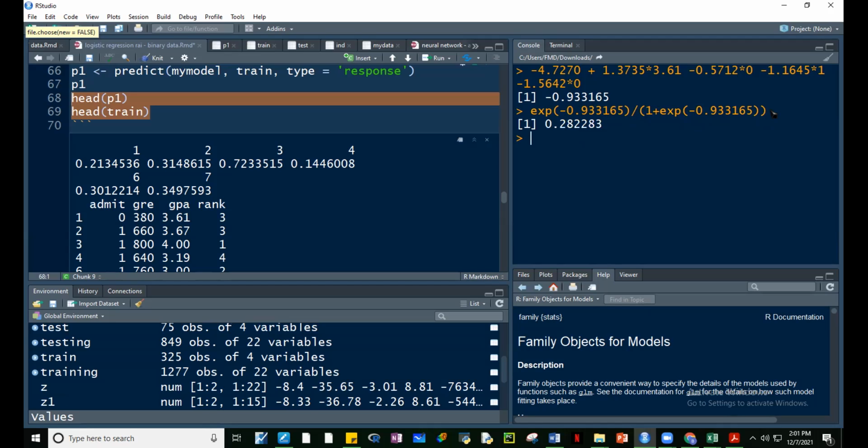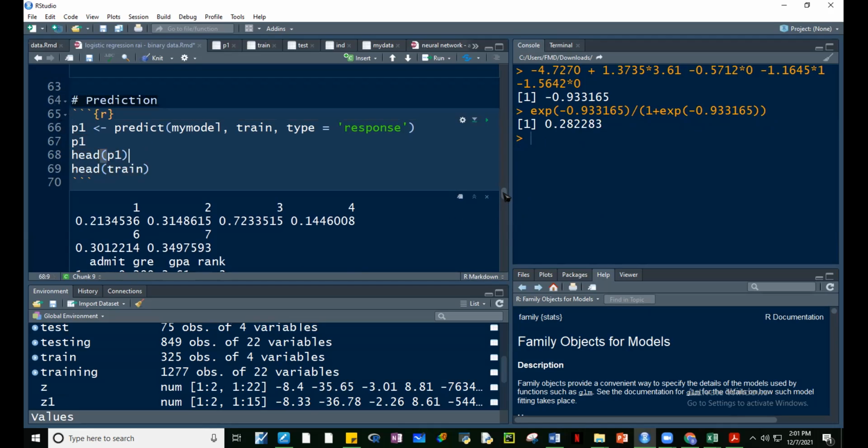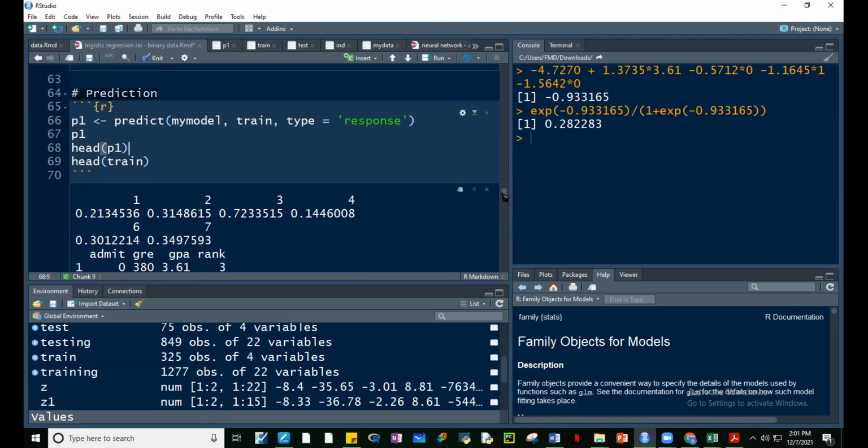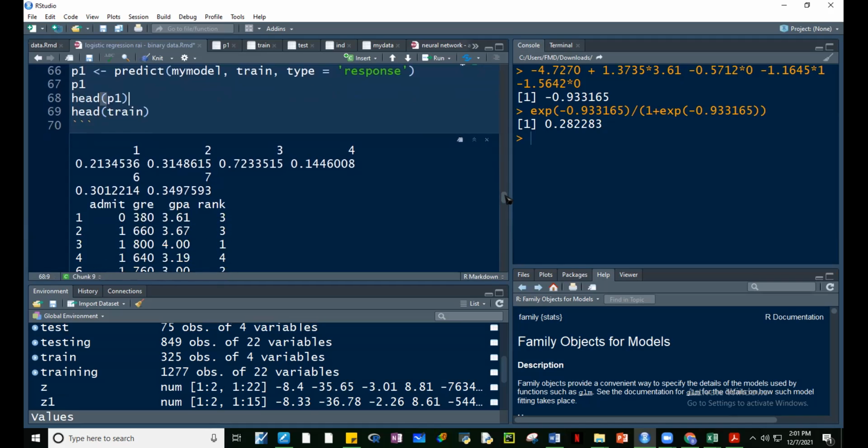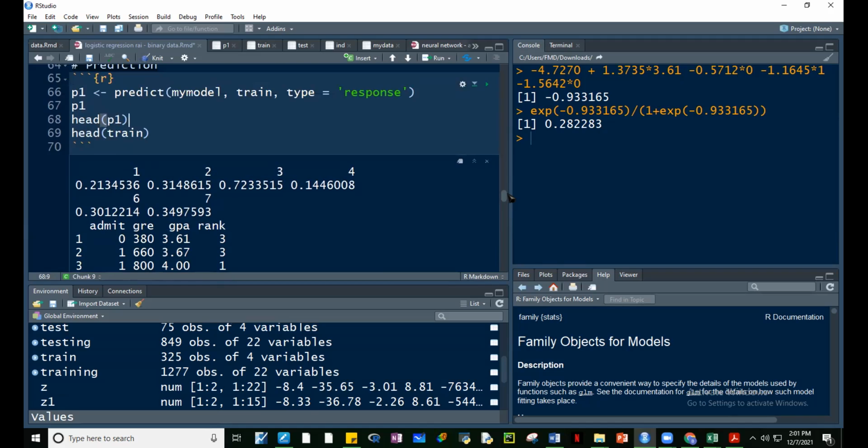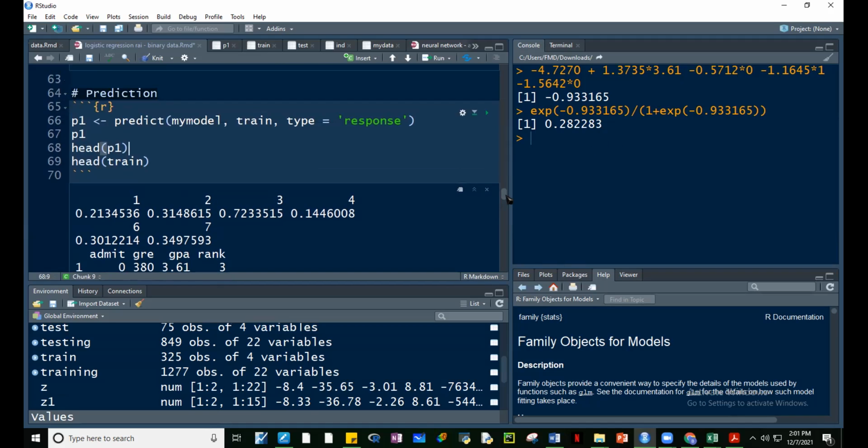28223. Bakit 28223? Why am I getting 28223? Dapat ano siya eh? Dapat around 2134. Okay, how many among you guys got 2134? Anyone, guys? Why am I getting 28223? Dapat